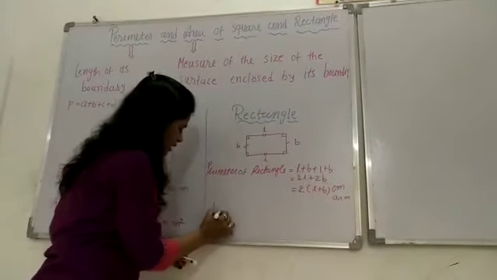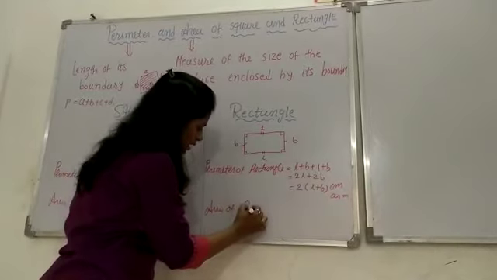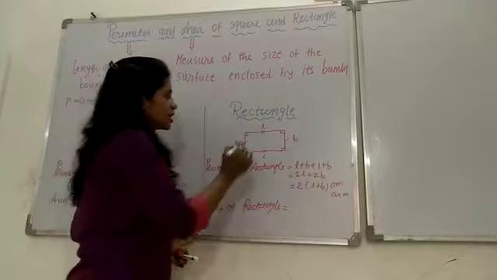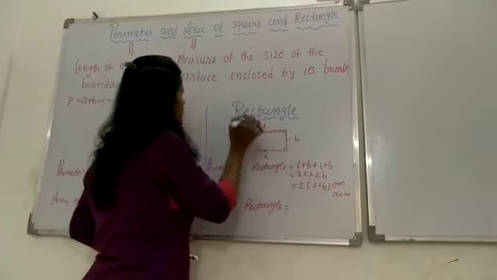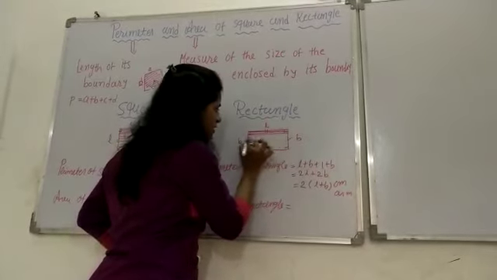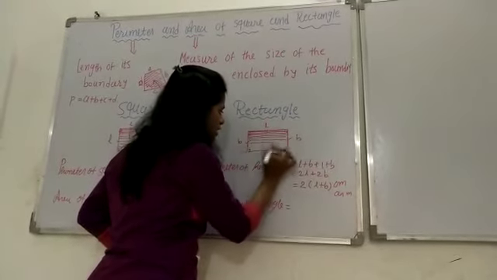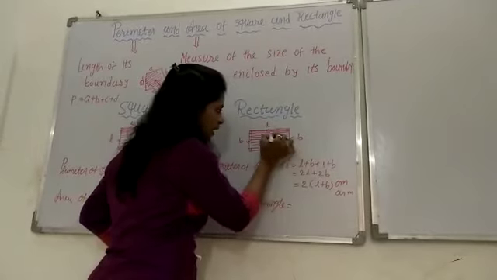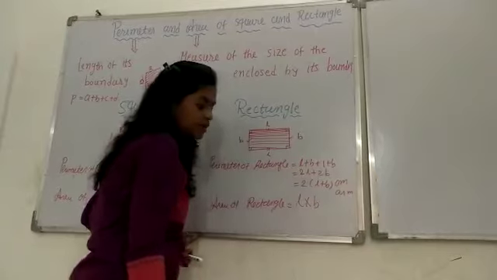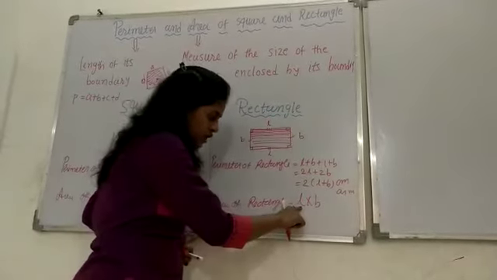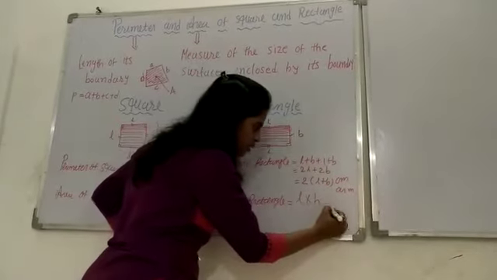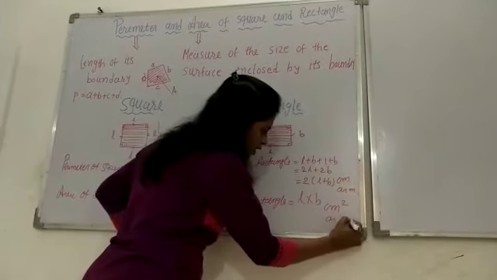And what is the area of a rectangle? For the area of a rectangle, in this surface enclosed by its boundary, you arrange strips of length L, such B in breadth. That's why how many strips are required? L into B. That's why its area becomes L into B. The unit is centimeter into centimeter, centimeter square, or meter into meter, meter square.